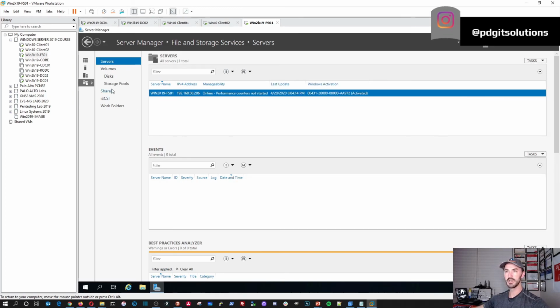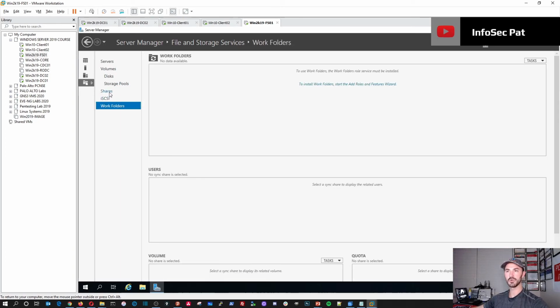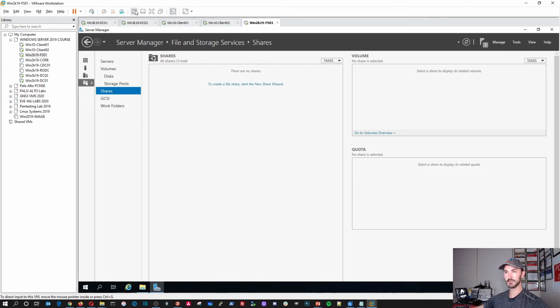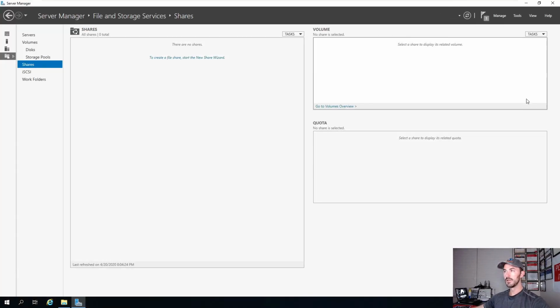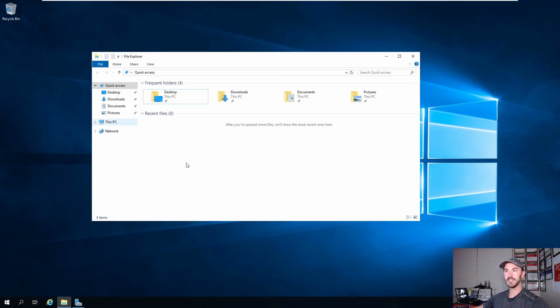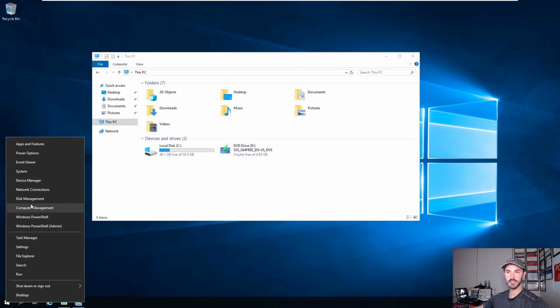You can hit close. We can see here now we have shares, iSCSI, work folder. So we'll focus on shares, right? So if we see create share, like if we go to here, right click, we'll just open up File Explorer. Let's just make this big. So let's open up file server. So if we go to this PC, we only have the C drive, right? There's no D drive. But if I right click on start, disk management,